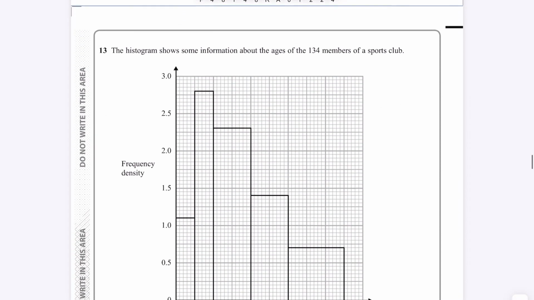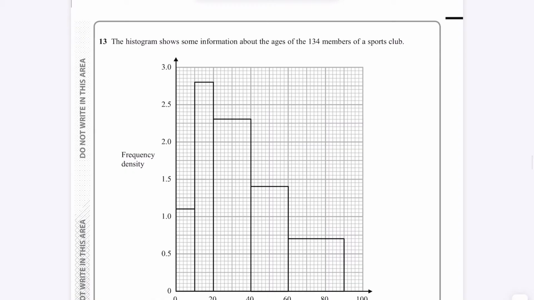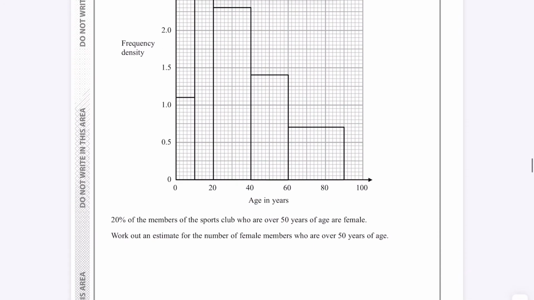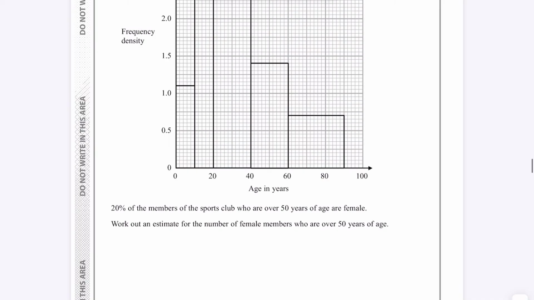The next question is: a histogram shows some information about the ages of 134 members of a sports club. 20% of the members in the sports club who are over 50 are female. Work out an estimate for the number of females who are over 50. Right, 20% who are over 50 are female. So we want to work out how many are over 50, and once you know how many are over 50, we just need to work out 20% of that. So